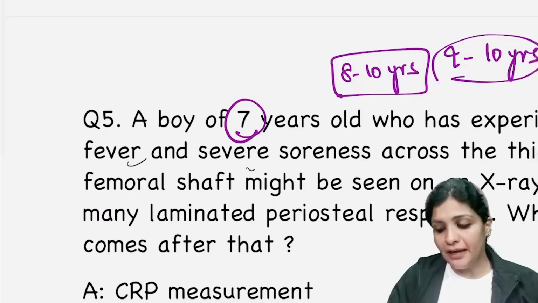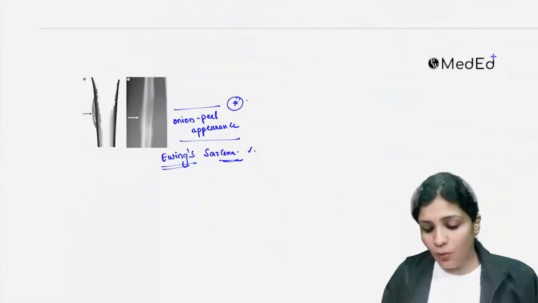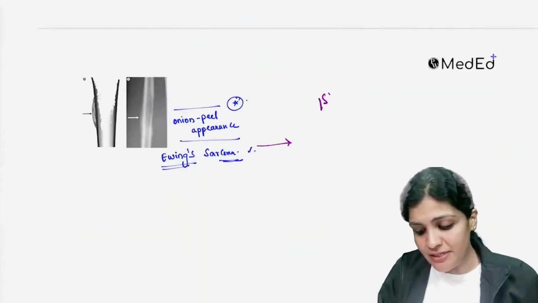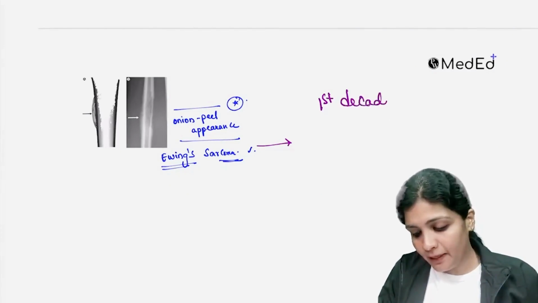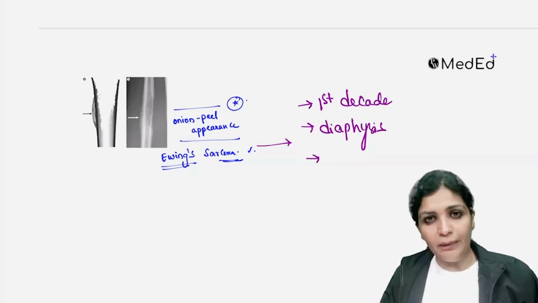In this particular age group, you have to always be careful, because Ewing's sarcoma is one such condition which is usually seen in the first decade, and it appears usually in the diaphysis,